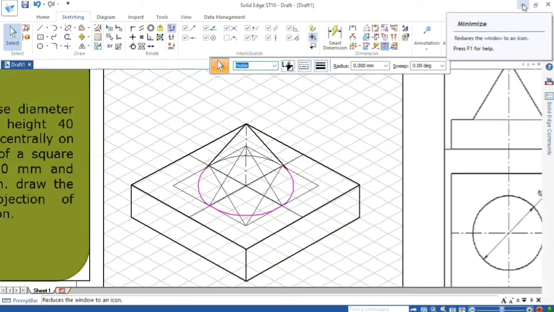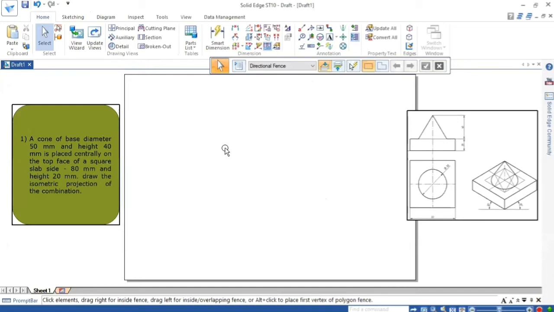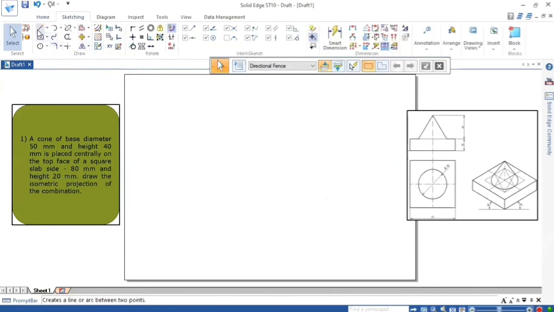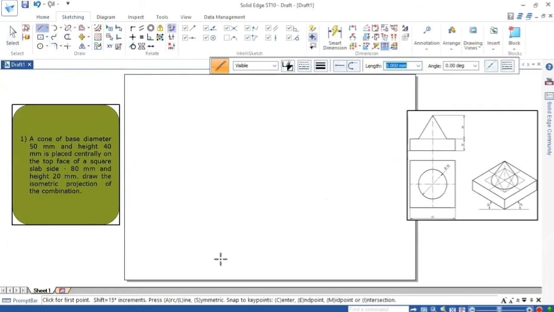How to use Solid Edge software? Go to the plane sheet in Solid Edge software. In a similar way, you can construct using the tools commands. Go to sketching. First, draw the bottom square box of 80.